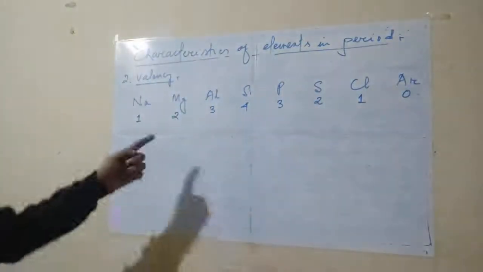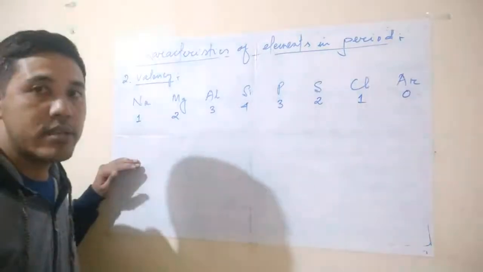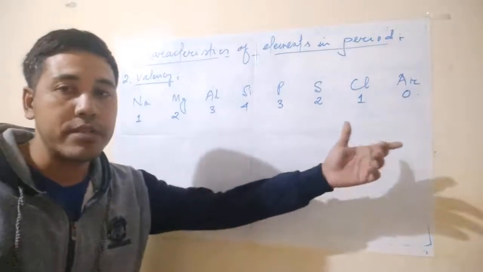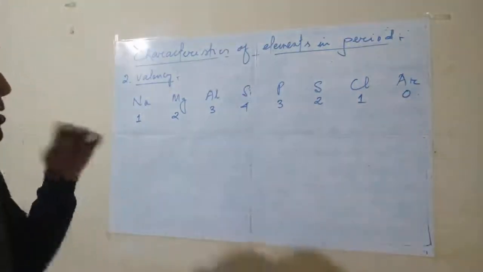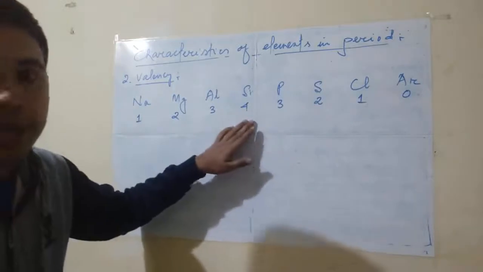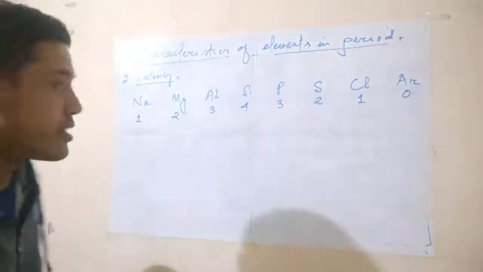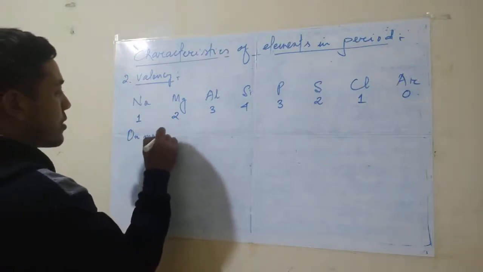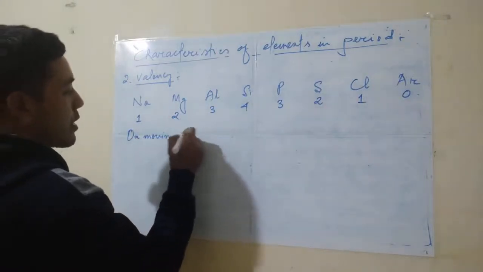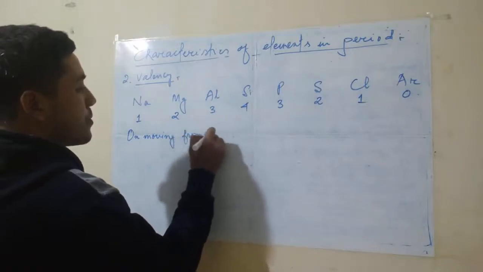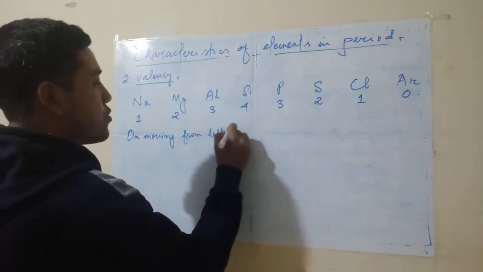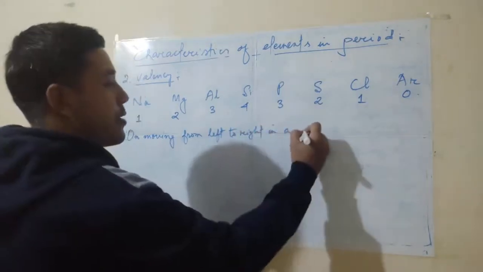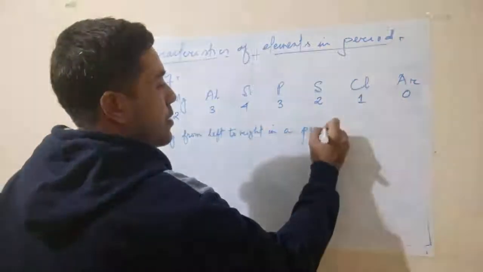That means that the valency of the elements, on going from left to right in a period of the modern periodic table, first increases from 1 to 4, then decreases to 0, right? Here, same thing, you can write: on moving from left to right in a period,